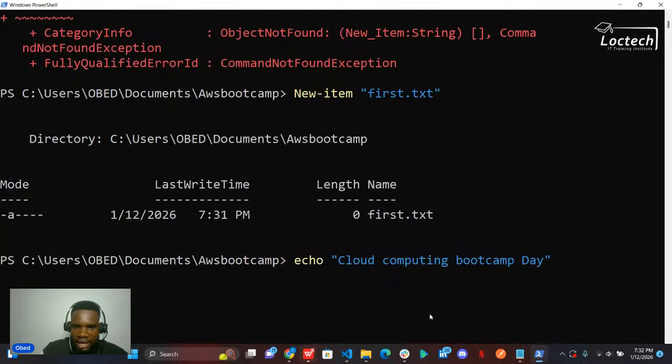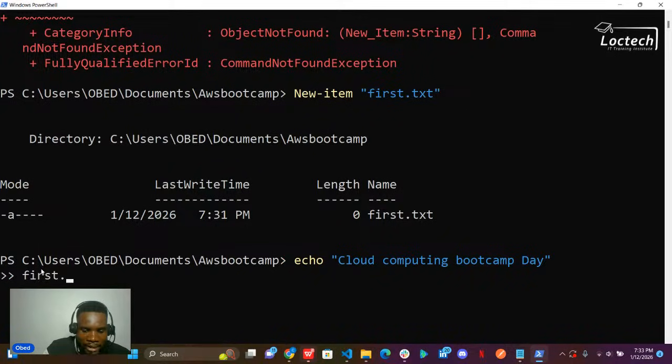As you can see, I have this. Now, there is every possibility that in this directory called AWS Bootcamp, I will have more than one file. So I need to specify which particular file I want to write this text into. So I will pass in two arrows here. There are angle brackets. Now, which file do I want to write this text into?